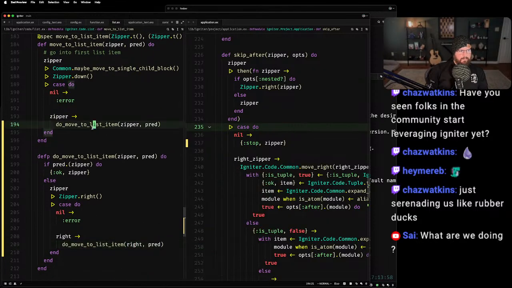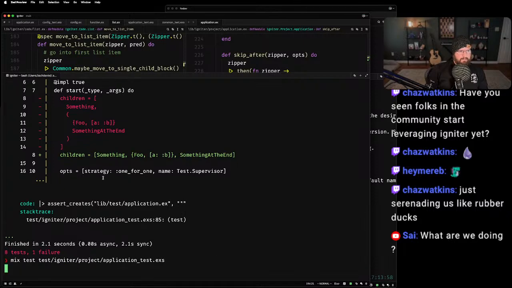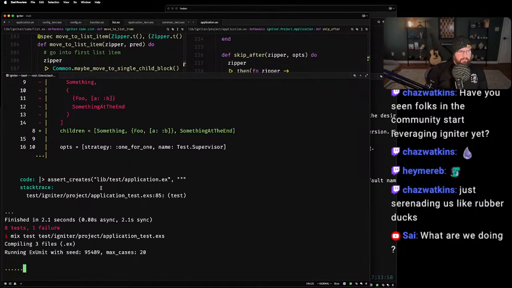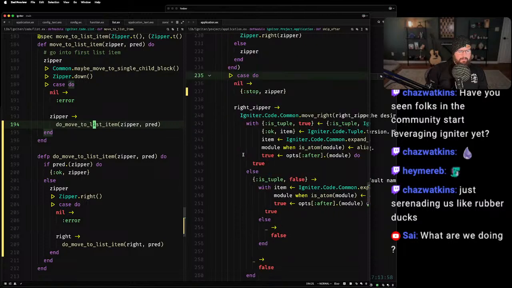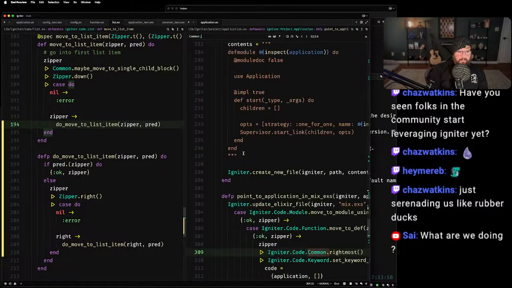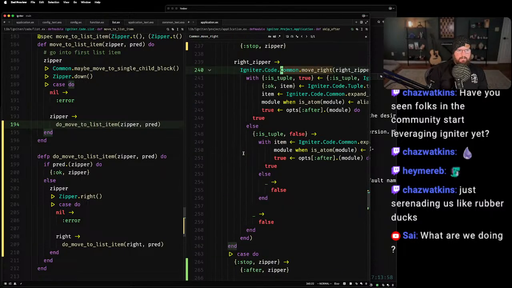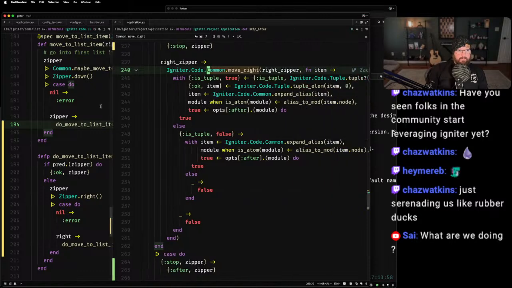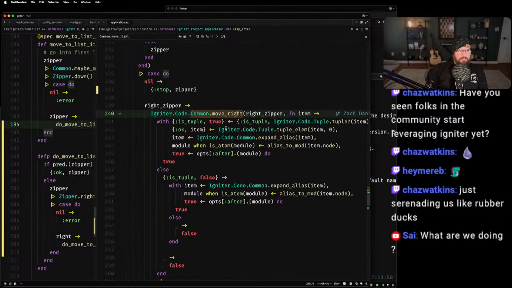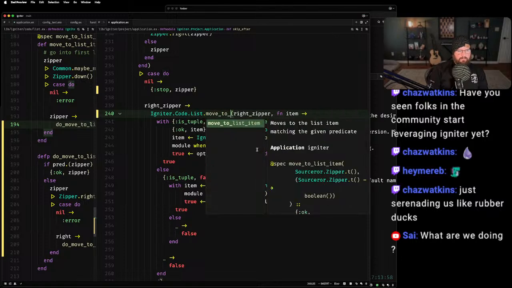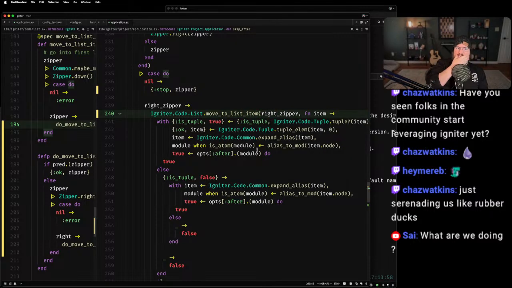Okay, so now we have common.move right, and instead what we need to do is use igniter.code.list move to list item.